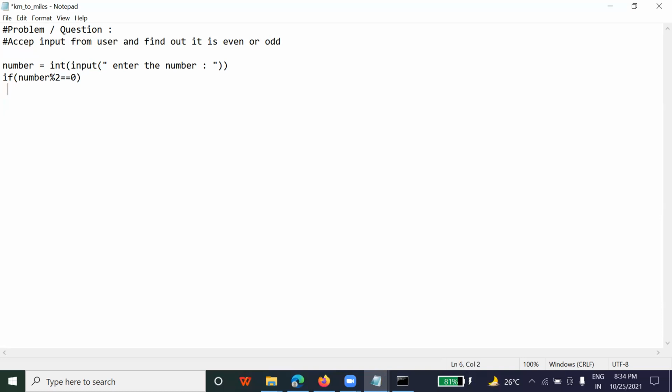Yeah, you write down here in the program that number is equal to integer, right? Is it necessary to write down integer? Yeah, because you tell me, for decimal values, can you find out odd and even? If I say 3.6, only 3 is odd, so 3.6 would always be odd, right? A float number. So you have to take an integer only. If you take a float, like 3.6, you tell me.